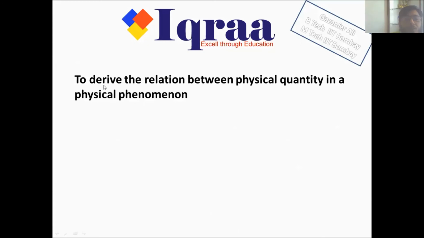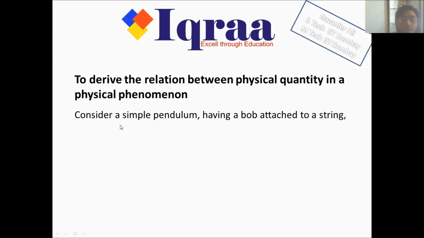Now, another application of dimensional analysis is to derive the relation between physical quantities in a physical phenomenon. This is very helpful when we try to find out the relationship by experimental means. And this will only be helpful when the constants which are associated in the equations are dimensionless constants. In only those cases we can use dimensional analysis to derive the relationship between the physical quantities in a